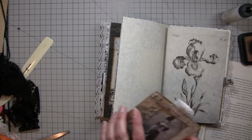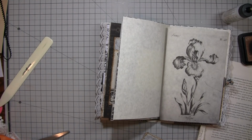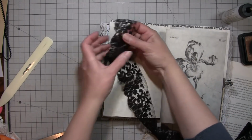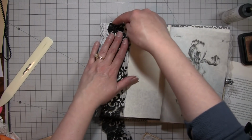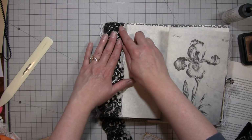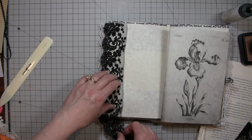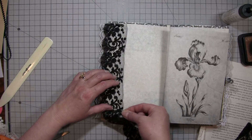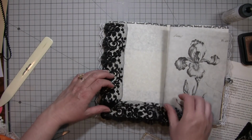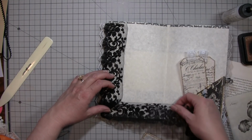That will take the sewing machine though, so I won't do that right at this minute. What I do is I'll take this piece of lace and run a stitch right across here to about there, and double stitch it just to make sure that it stays down. I will leave a little bit to hang over the edge, and then I kind of just pinch this corner and bring it up over to meet this side so that the lace gets going the other direction. And then you have this